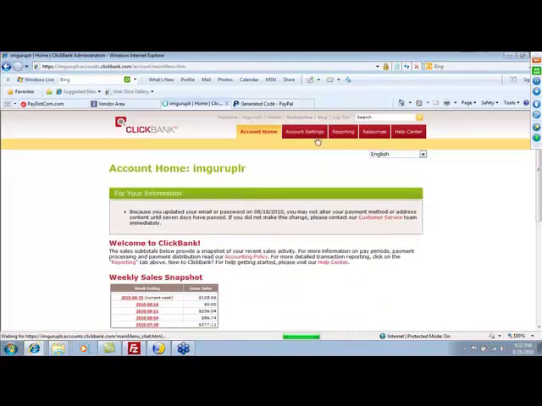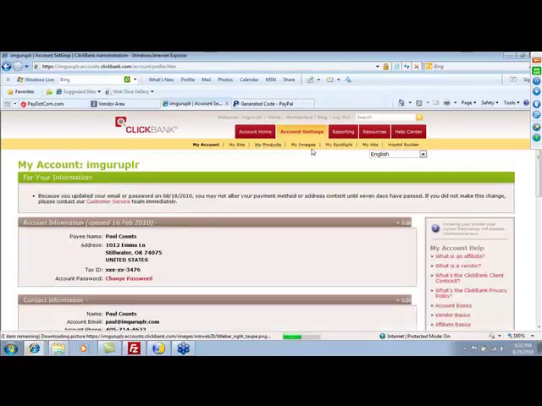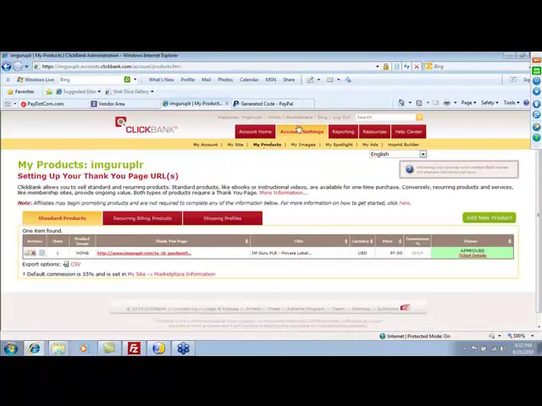Okay, so we're logged on in here to this example account here, and you just want to come on over here to where it says account settings, and you want to choose my products. You want to first set up your account with ClickBank, which you can do at clickbank.com. You just want to go ahead and set up your account. So what you want to do here, where it says add new product, just go ahead and come on in here,